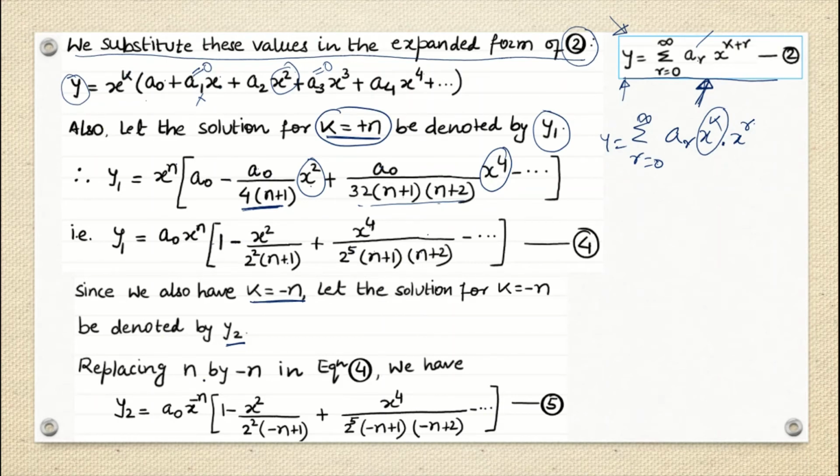So what we are writing down, we are replacing the same thing, n with minus n. In my equation number 4, what we have written down, y2 will be what? Just replace n with minus n. So here also this is minus n, this is minus n, this is minus n, and this complete term you have got as nothing but your y2.